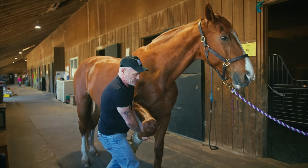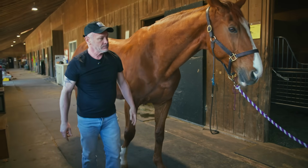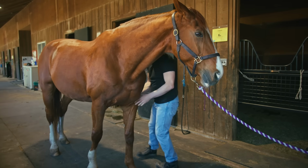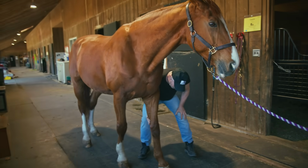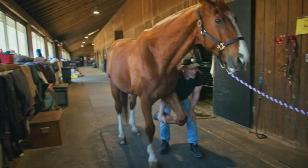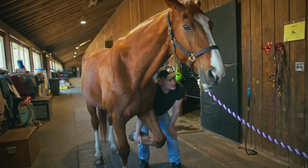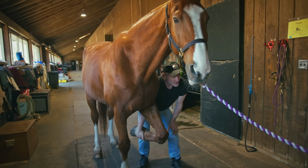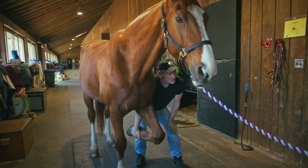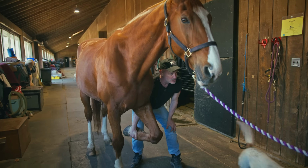Got it. What do you think of that one? Is it harder to adjust some of these big guys? Yeah. I used to go to this farm, General Giants Draft Horse Rescue in Maryland. They usually average having about 230 draft horses at the farm at any given time. But I would go there and only adjust draft horses. Once in a while they have a mini that I would adjust, but